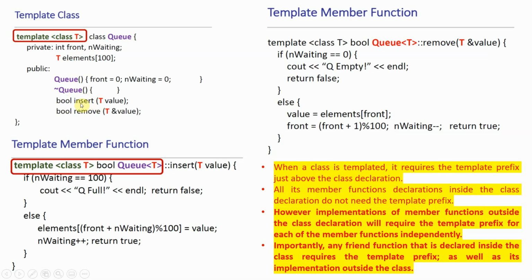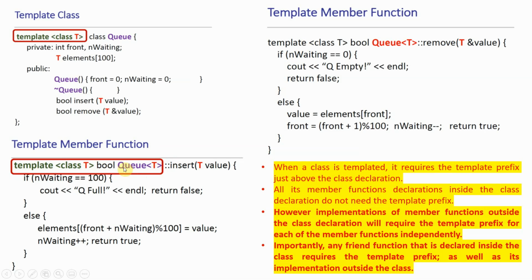But for the insert and remove functions, we only did the declaration inside the class, and they're defined outside the class. If you want to define this member function outside the class, look at the format. You have to again provide this line for each of the member functions that are going to be defined outside the class. So you have to say that this is a template class, T,